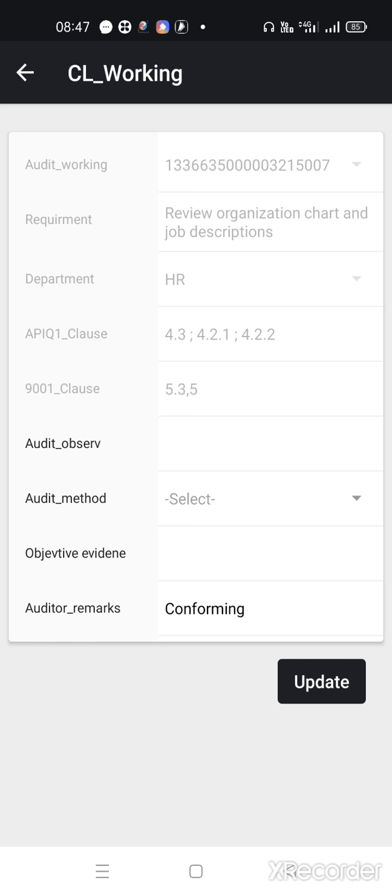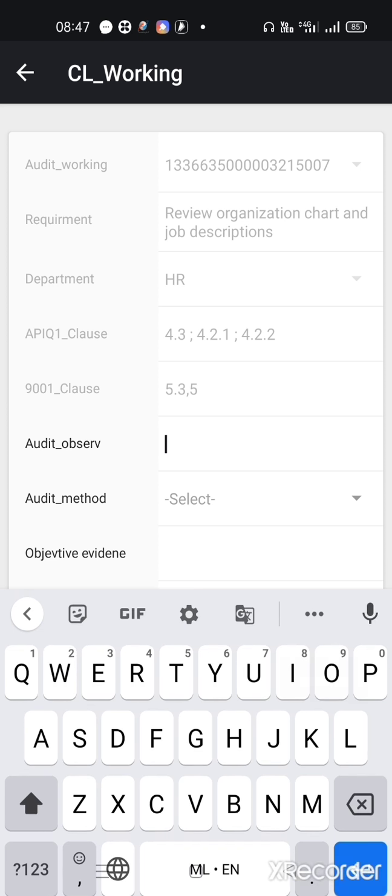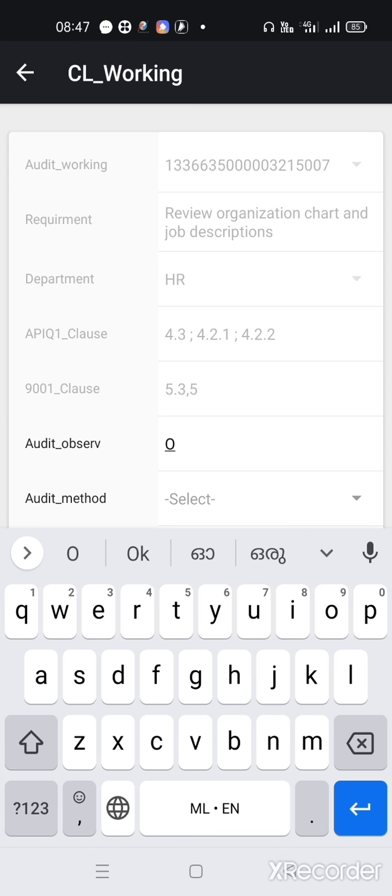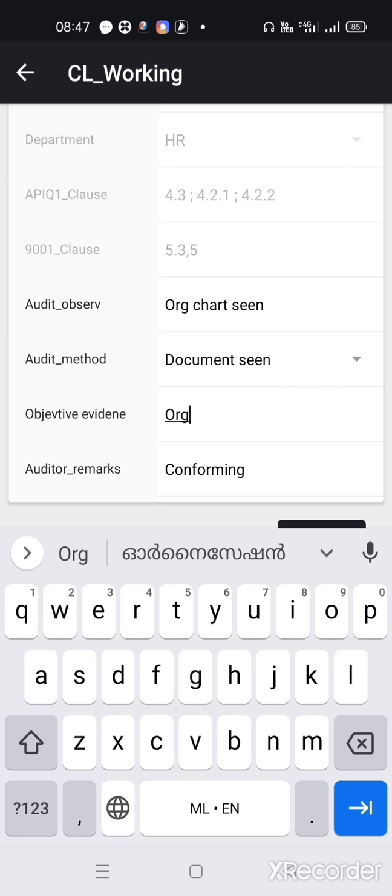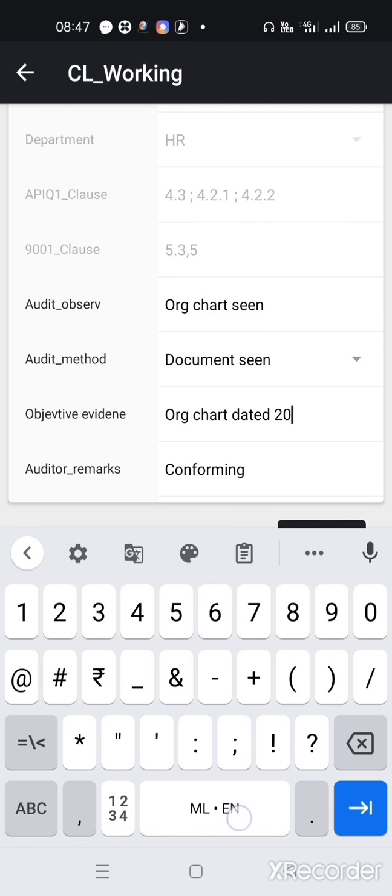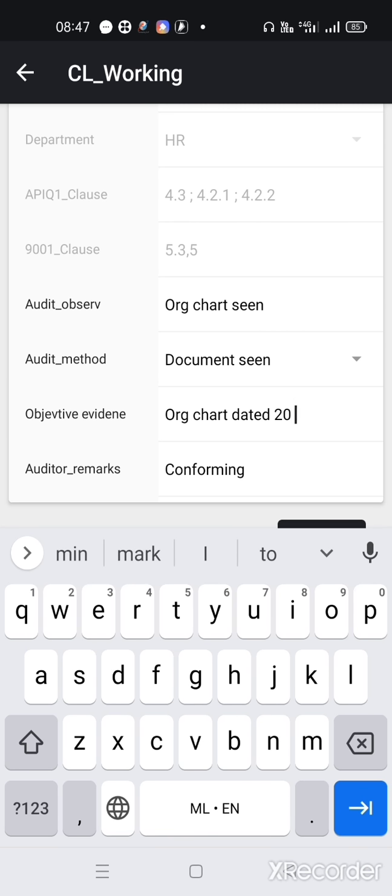The second one, go to the edit. The same way, what is here? Review organization chart. Org chart seen. Interviewed or document seen. Org chart dated 20 August 21.